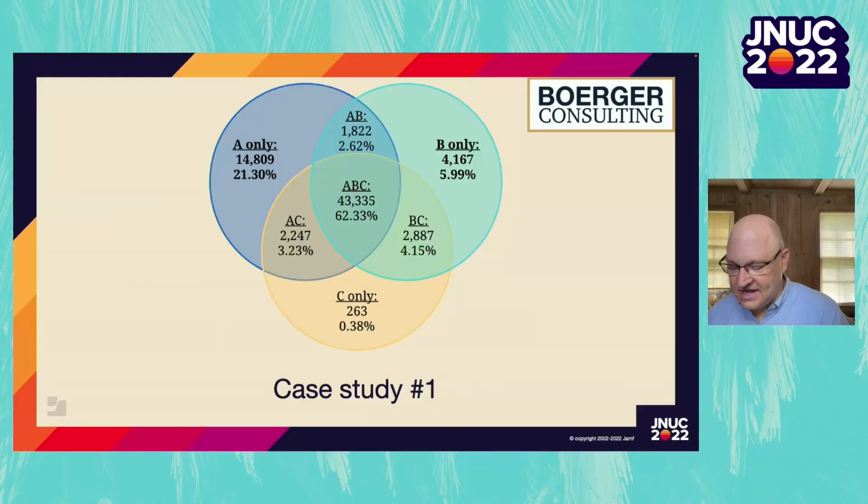So what does that look like? Well, let's take an example. This is a former client of mine. They will remain anonymous to protect the innocent. The A group was Active Directory. The B group was Tenable, I believe. The C group was actually a combination of Jamf and MEM.